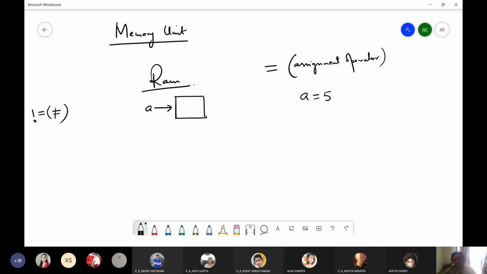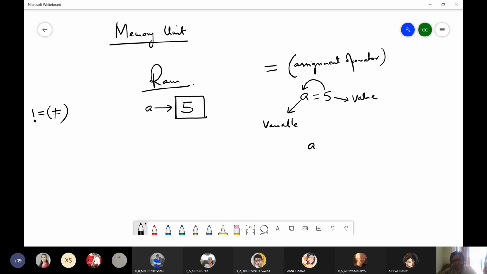We named it A, and this area will store this value 5. So that means 5 is assigned to this variable A. Here 5 is the value and A is the variable. So 5 is assigned to the variable A. So this is an assignment operator.